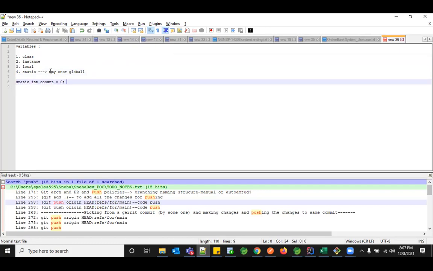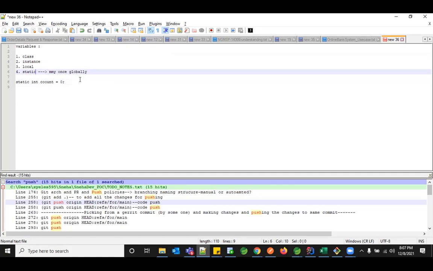I can access it from any method, or from any part of my class, and I don't need to create any object to access it. That is the benefit of a static variable. That is why we prefer static related information much more predominantly than object related information in programs going forward when you write your code.